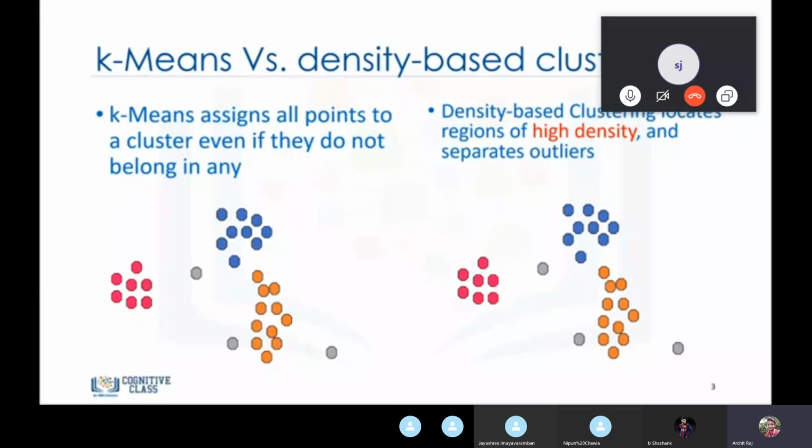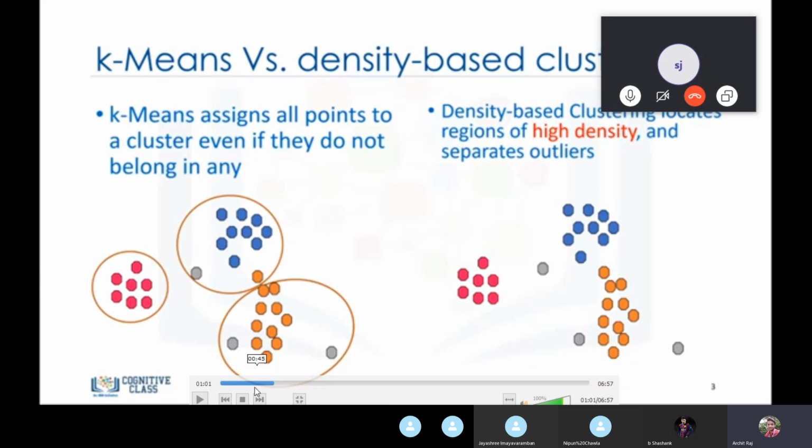It will try to put each point into at least one cluster, even though they do not belong to any of them. So with k-means, you can see the clusters are formed, and this particular point, which is an outlier, is forced to be classified in this cluster. The same thing happens with these two points, which are outliers but forced into a cluster.